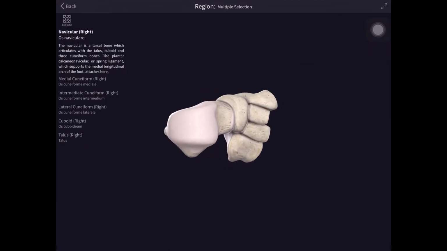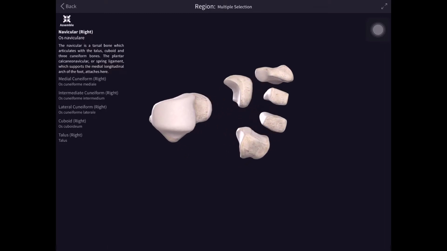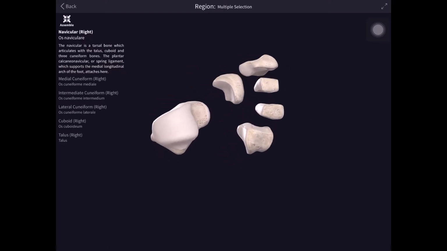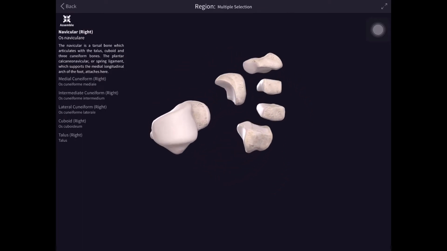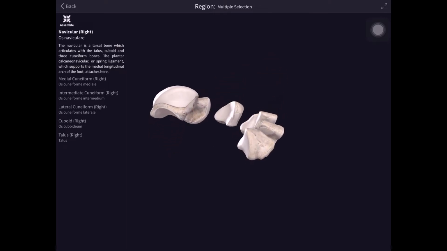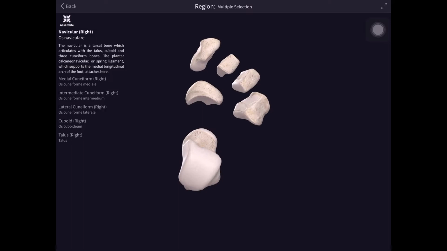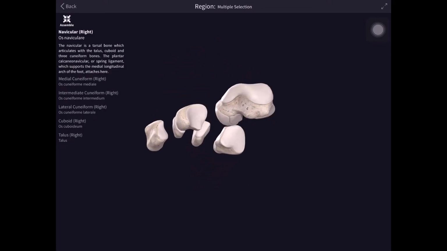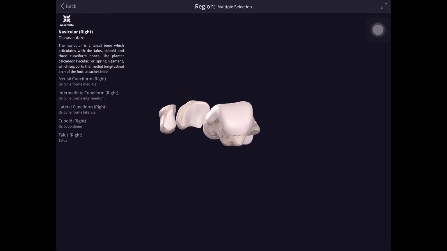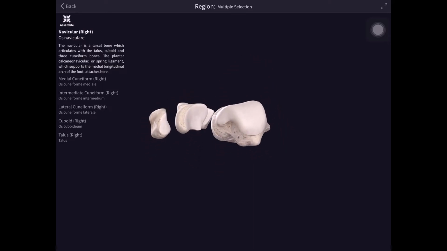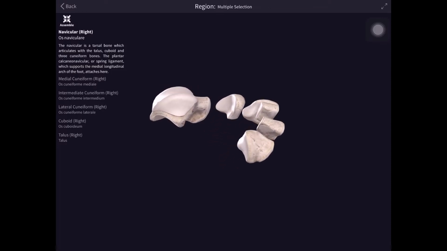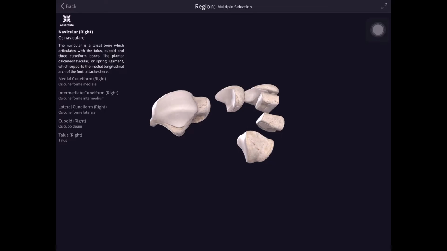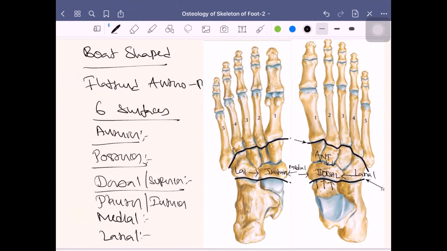So that's your inferior surface, this side. If we just explode this view, now you can see what we are seeing. The back is the posterior view, and here in the front is your anterior view, and this is your lateral view. This is your medial view and inferior. So only two views, the medial view and inferior view, don't have any articular facet. Otherwise your anterior, posterior, lateral all have an articular facet. So those are the surfaces of the navicular bone.